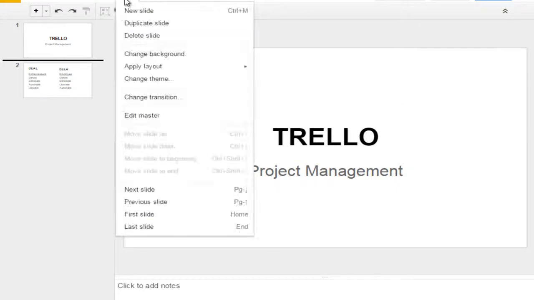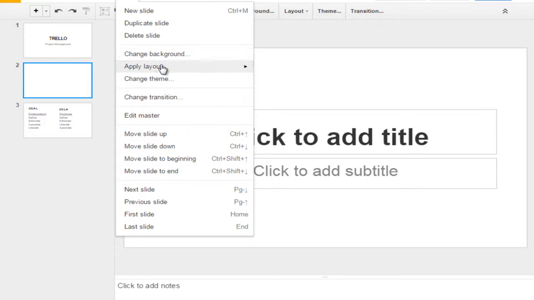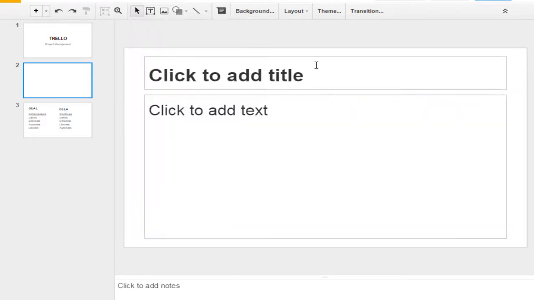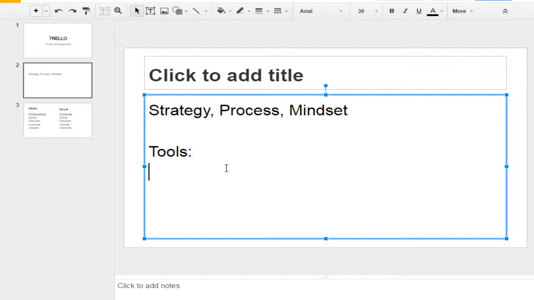One thing to take note of is that Trello is just a tool lah, okay? Your strategy, your process, and your mindset are much more important than tools, because previously I used Google Sites.